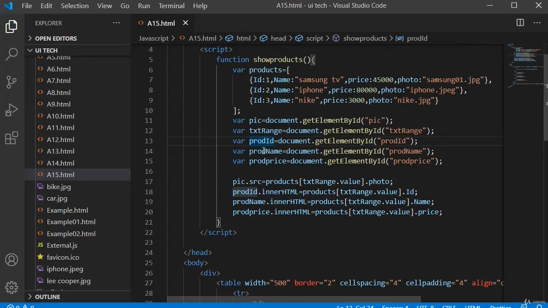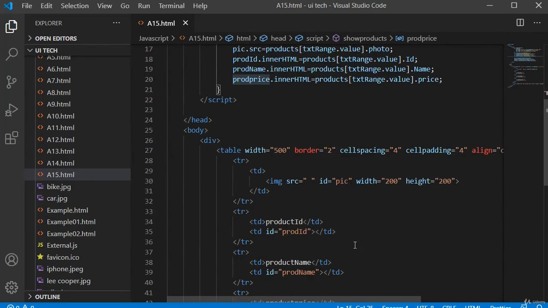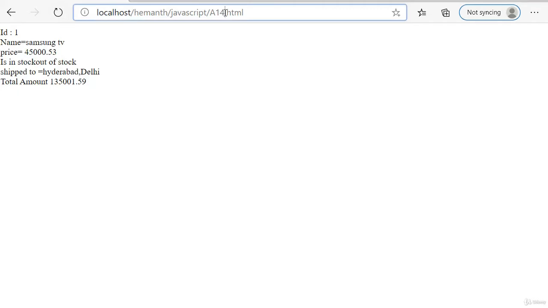All these three variables, I'm dynamically storing my product values by using textstring.value index number. Whenever this index number is changing, my ID, name, and price from my products I'm storing in these three variables: product ID, product name, and product price. That's the reason. Just save it, Ctrl S, go to browser, go to our web page